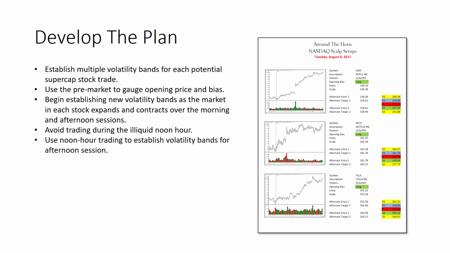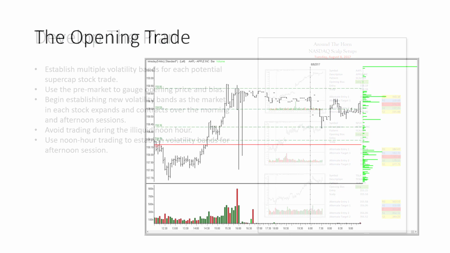That doesn't mean that I ignore that time altogether. What I do use that time period for is to establish new bands for the afternoon trading, because it does tend to settle into some ranges during the New York lunch. The thing about it is it's just not generally going to agree with the ranges that I have on my plan from the day before. And then if I try to take those, I'm trying to force a bunch of trades, or worse yet, I'm getting in only to bump into those new bands that are forming and then winding up stopped out. So it's a good practice to just sort of stay clear then and then use what happens during that period to figure out what I'm going to be looking at in the afternoon.